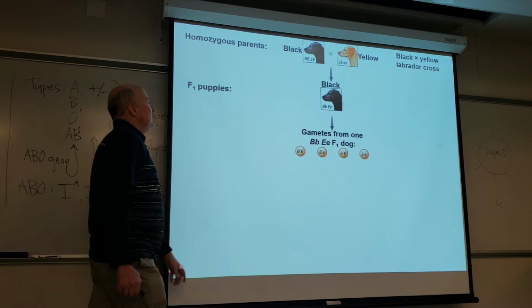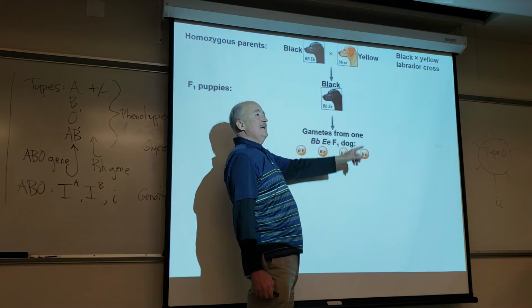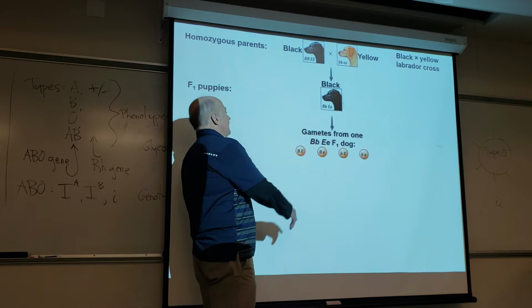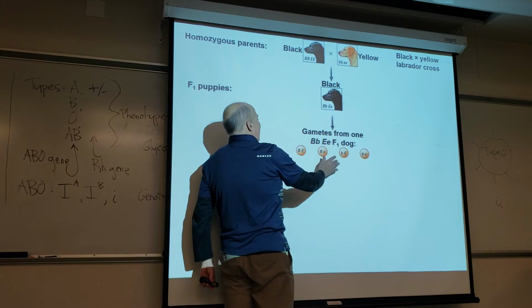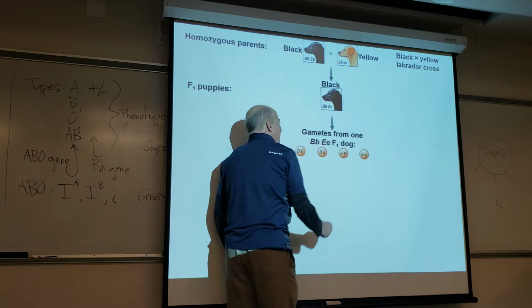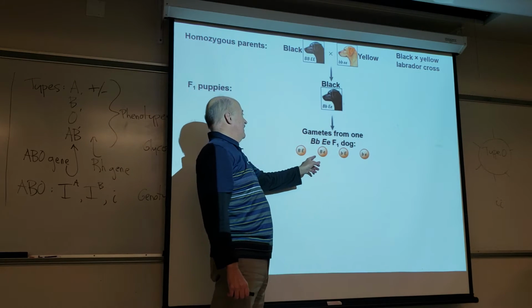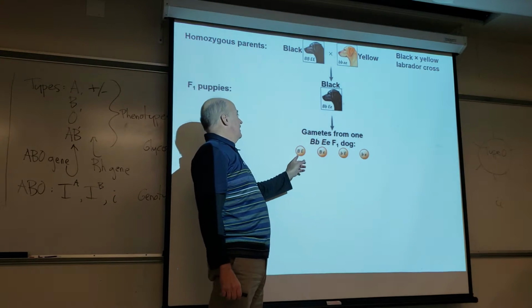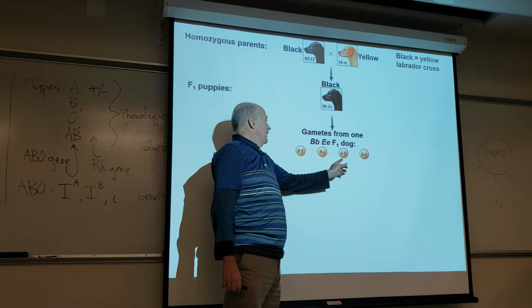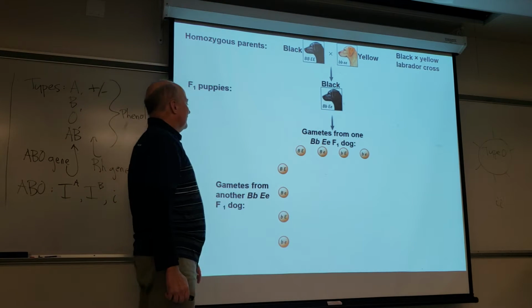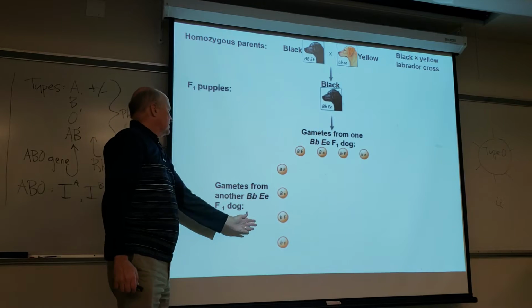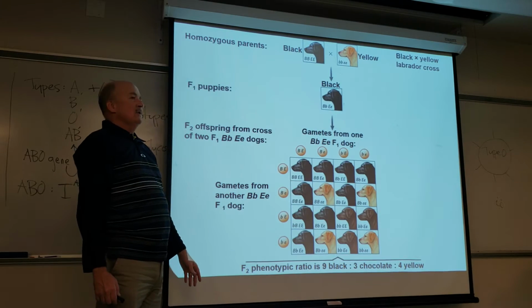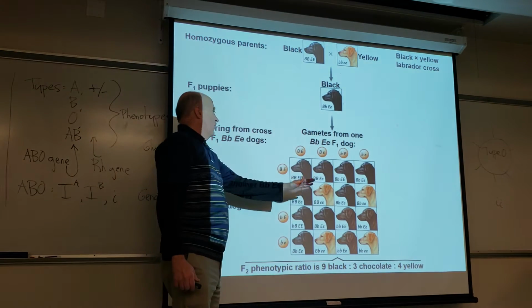But if we then go and mate one of these to another one, this one and its mate are all producing gametes that have this random assortment of B's and E's. Big, little, big, little. And its mate is doing the same thing over here, producing then this 4x4 Punnett square,